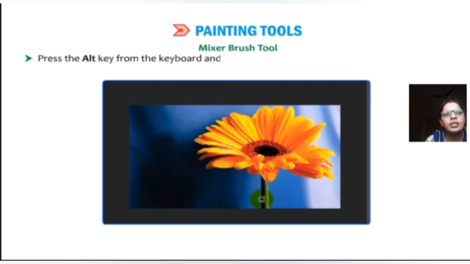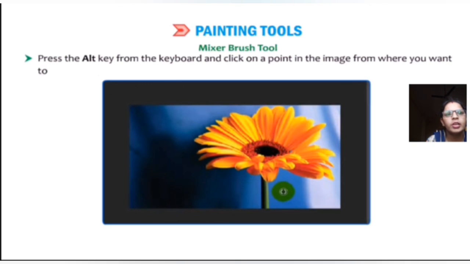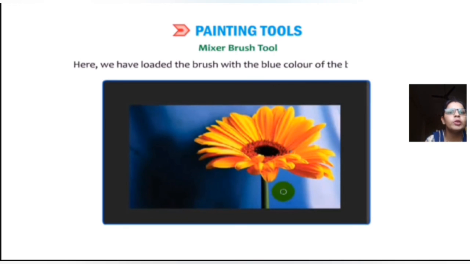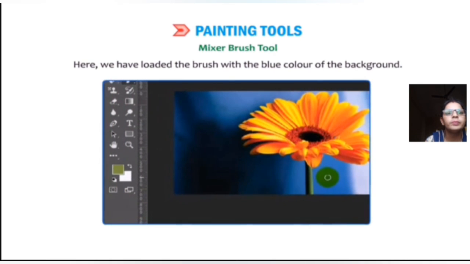Press the Alt key on the keyboard and click on the point in the image from where you want to load the paint for the brush. Here we have loaded the brush with the blue color of the background.